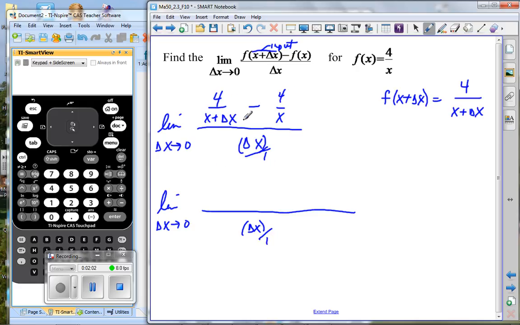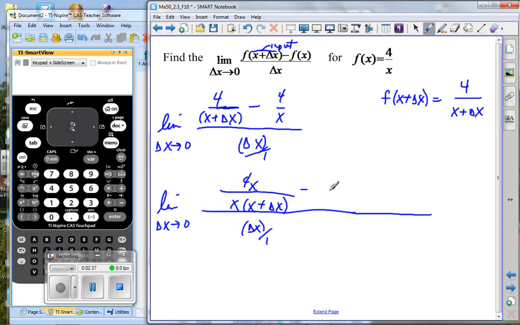But in the numerator up here, I've got two fractions. They do not have the same denominator. I need to choose a common denominator. Common denominator is going to be x, the quantity x plus delta x. And in the first fraction, what do I need to multiply with this denominator to make it look like this? And that would be x divided by x, and so this would be 4x divided by x plus delta x